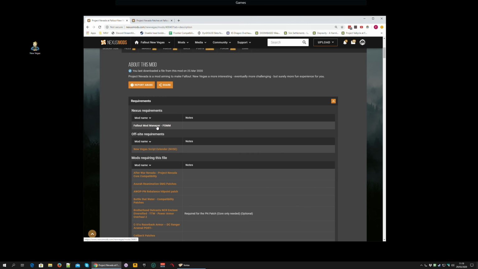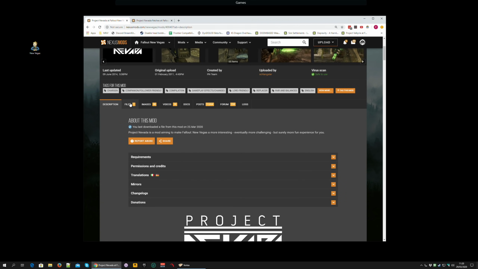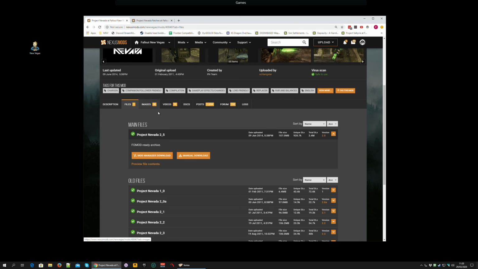However, it doesn't actually require this mod manager. Any mod manager that can handle scripted installers will do, and that is most of them. Vortex certainly can handle it. And it also requires NVSE, which you should have installed by now. So I'm going to go along to the file section and hit Mod Manager Download and download